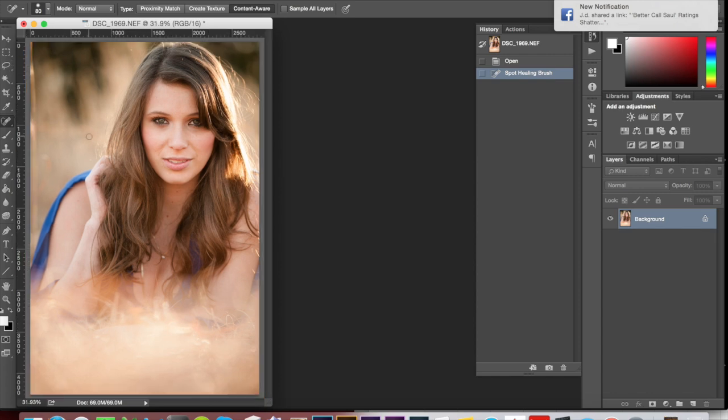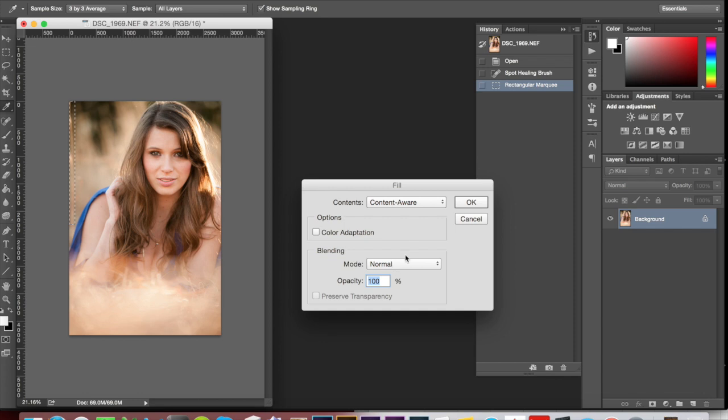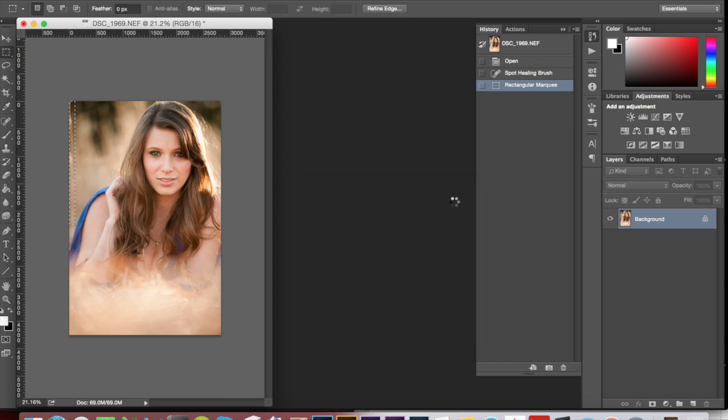So what I'm going to do, I'm going to zoom out just a little bit. I'm going to take my marquee tool. It's kind of distracting. It's, I'm sure, very natural and something that was actually there, but I'm going to use Content Aware Fill to see what happens here. If you're on your background layer and you use your marquee tool, you can select an area. You can hit delete and do Content Aware. Bing, it's gone. It was just distracting for me. All right, so now